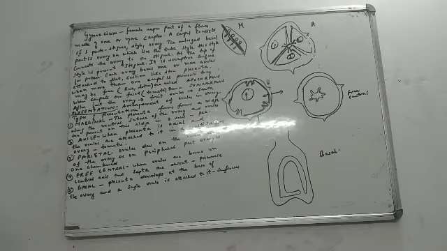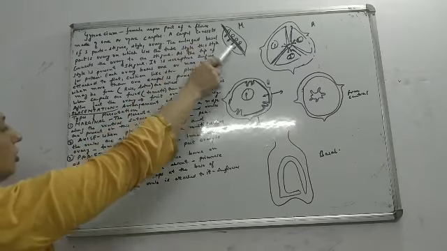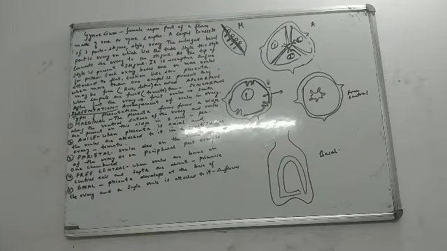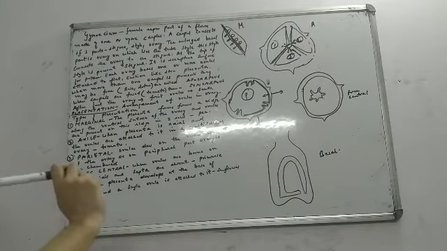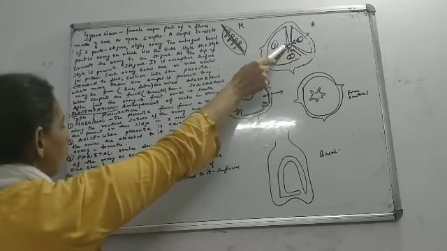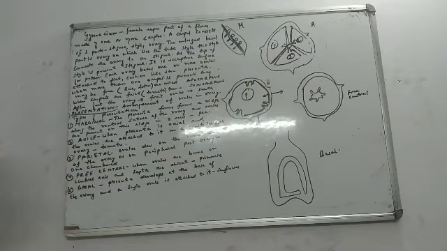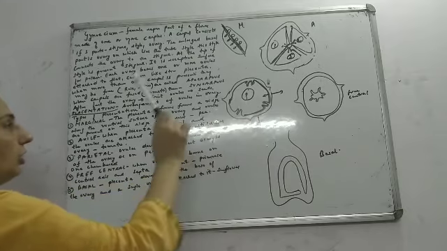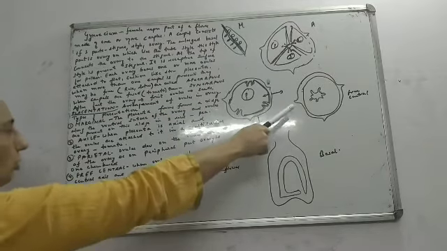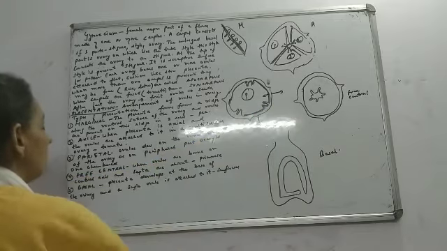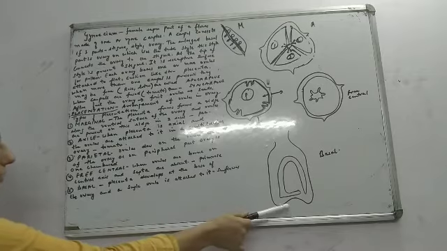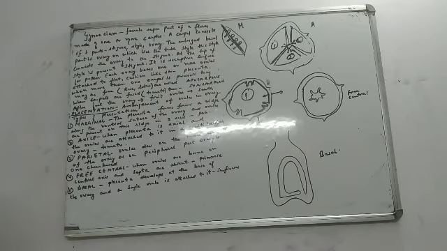Very quick. Marginal placentation: the placenta forms a ridge over here. Ovules are attached to this ridge in 2 rows. Best example is pea. Moving on to the second one, that is axial. Placenta is axial. Ovules are attached to it, and the ovary is multilocular. Big points to remember. Third one is parietal. Ovules develop on the inner wall, periphery, and the ovary is one chambered. Then we move on to free central. Ovules are in the central axis and the septa are absent. Basal placentation: placenta develops at the base of the ovary and only a single ovule is attached.